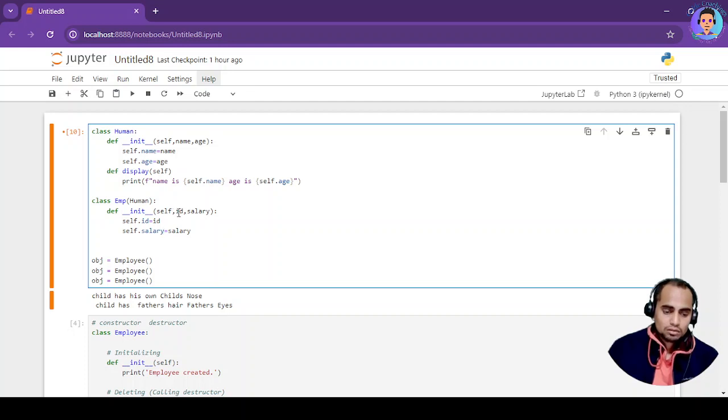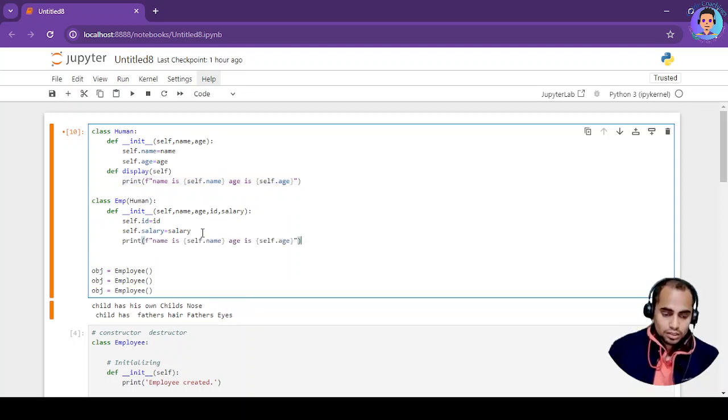Okay, now this is done, but here I am taking 4 parameters, so I'll just put these two as well. Okay, here it is done. Okay, now this is done. Now what I will do, I will just print it out over here directly. Okay, without creating a function, I'll just put it over here, hit enter, and then I'll write self dot id and then self dot salary. Okay, I will put the salary over here.